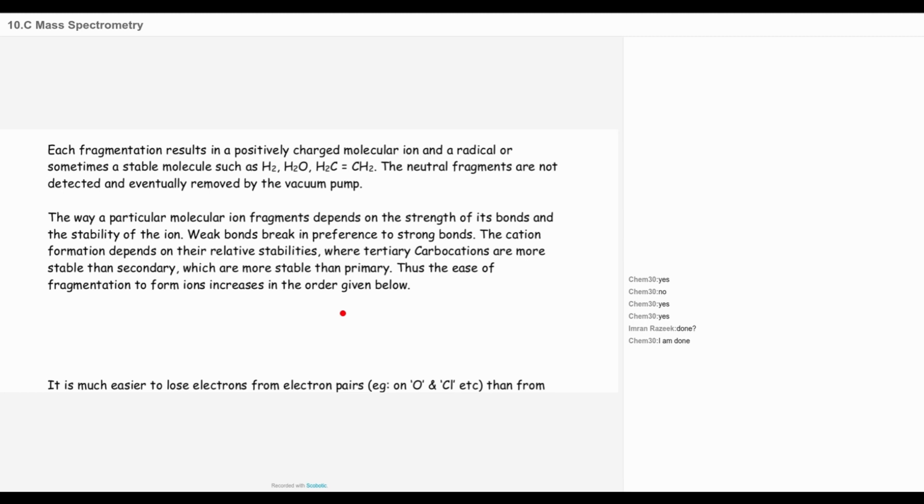So during the fragmentation process, if you have a choice of forming secondary and primary, then you go into the most stable form, which is secondary. And if you have an option of forming a tertiary carbocation and a secondary carbocation, then you select the option of forming the tertiary carbocation, which is most stable. So what I want to say in short is that during the fragmentation process, it always results in the species which is more stable. So if I'm to write the carbocations, the primary carbocation